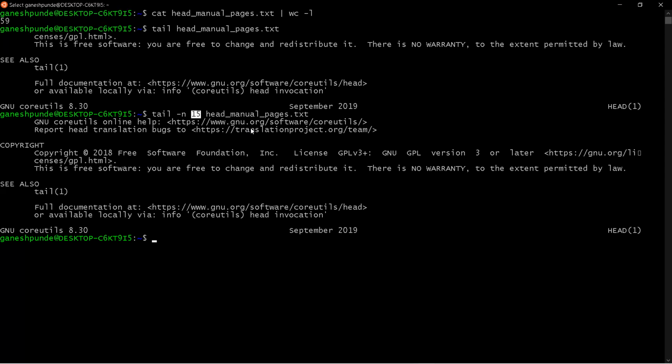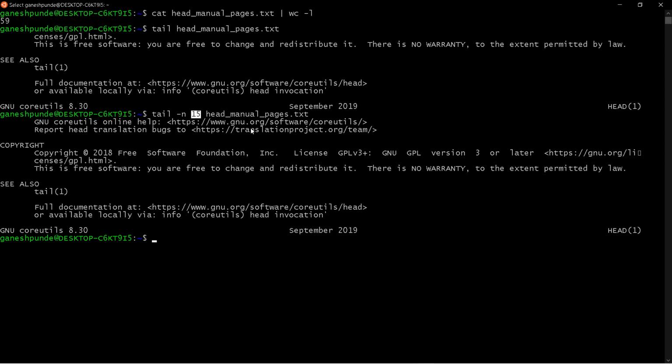So basically this is one of the main and important commands while analyzing any data, whenever you want to see the bottom of the file. Normally applications append the events at the end of the file, right? So if you want to see the bottom of the file, you can use this command. If you don't specify any option, it will show you 10 lines.